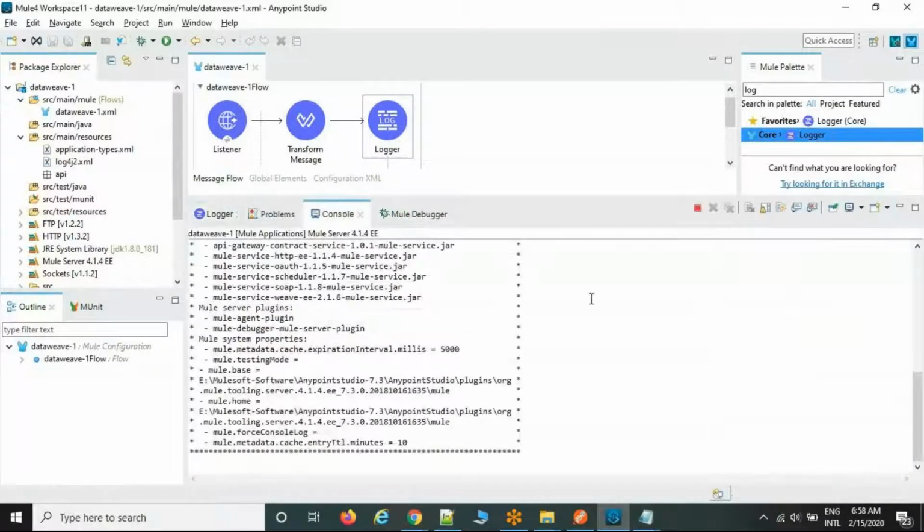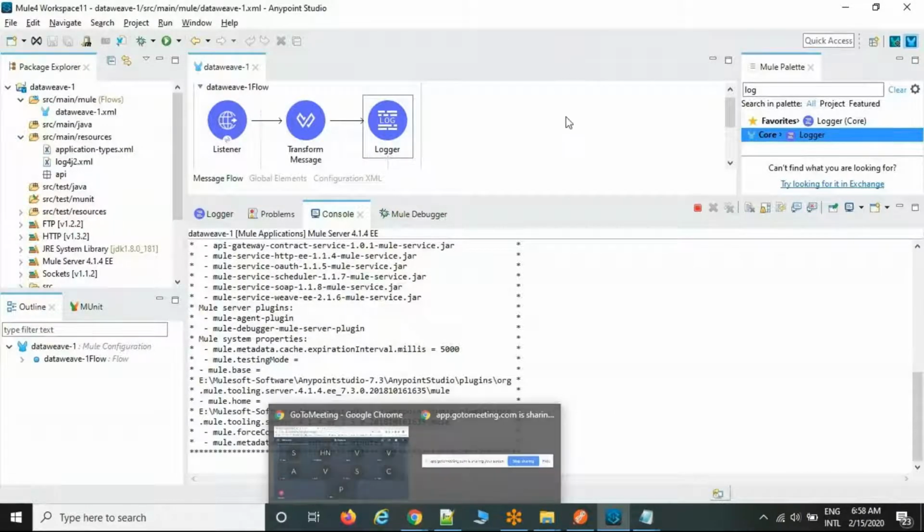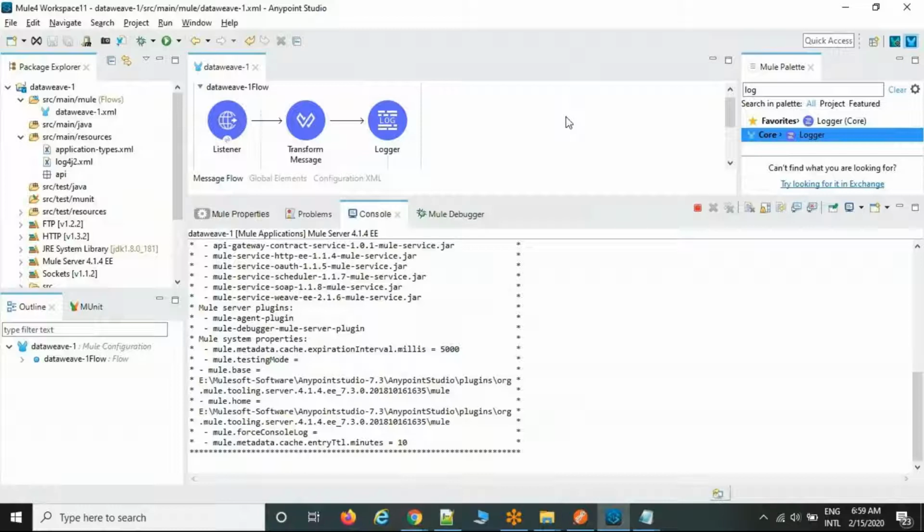Okay, now you can see the output. It's deploying.